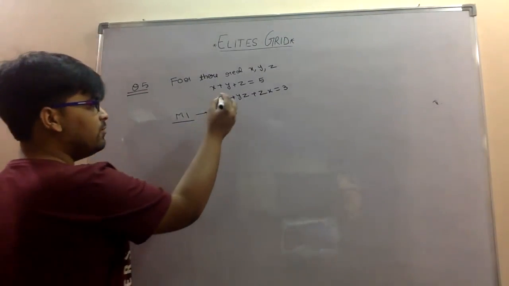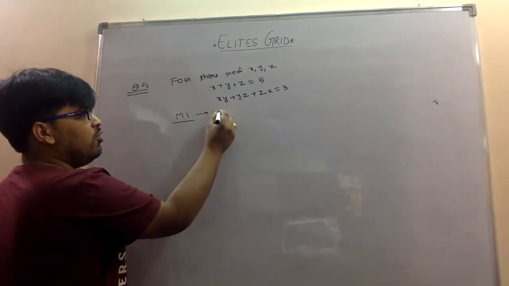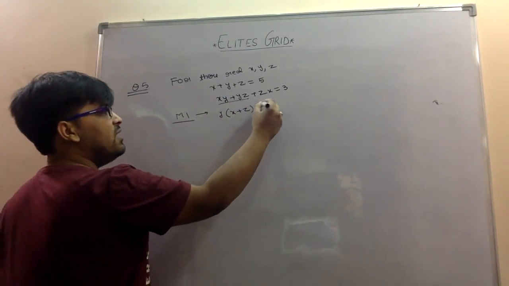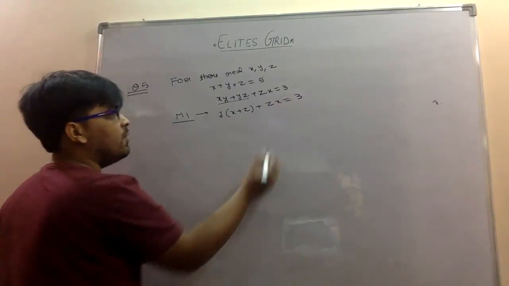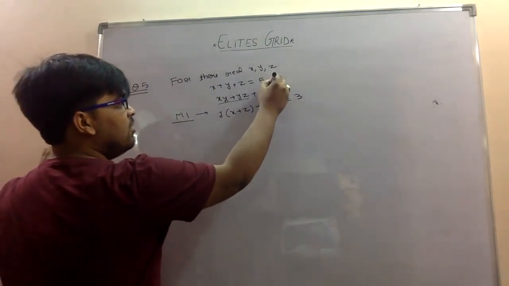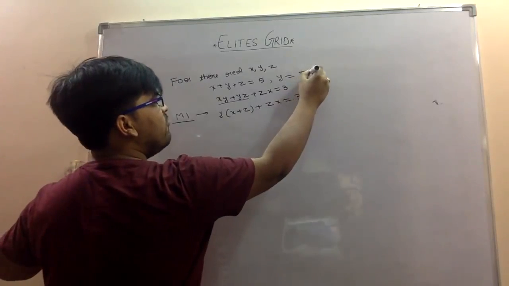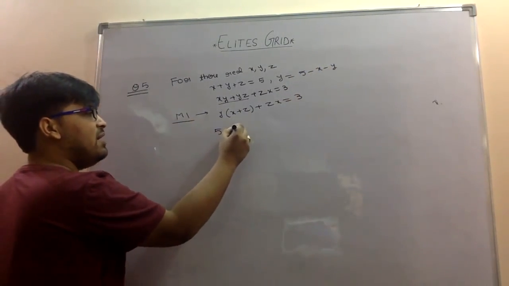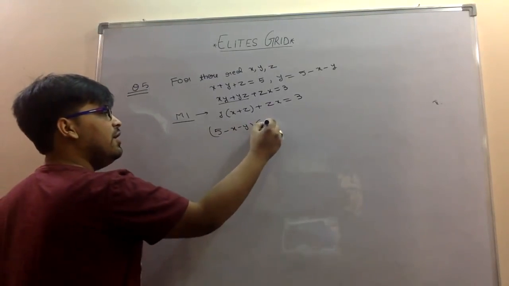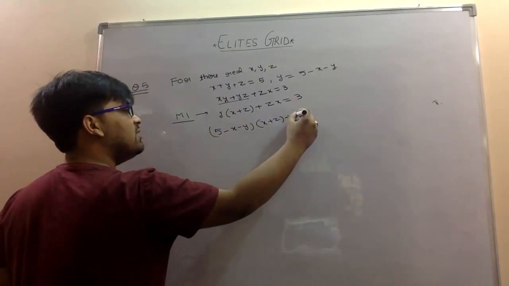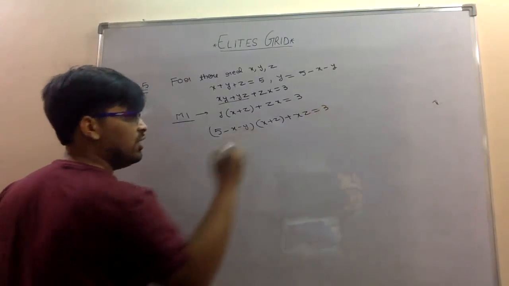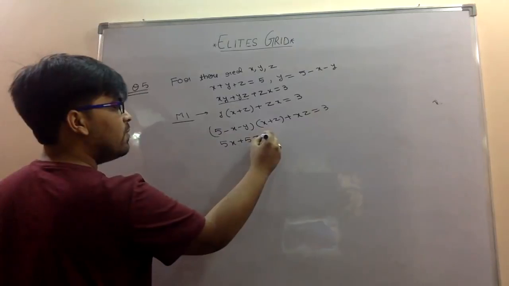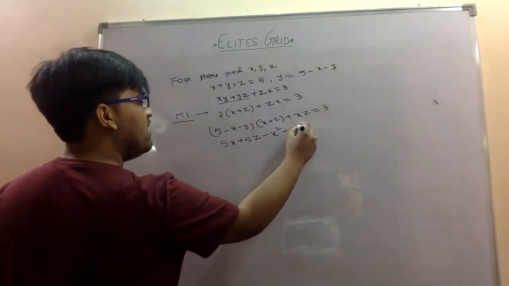ठीक है, स्टार्ट करते हैं मेथड 1। अगर तुम यहाँ पे देखो, you can take y as common here, y into x plus z, plus zx that is equal to 3. Now what is the value of y? Y is equal to nothing but 5 minus x minus z. So you will replace that 5 minus x minus z into x plus z plus xz that is equal to 3. So that will be 5x plus 5z minus x square minus xz